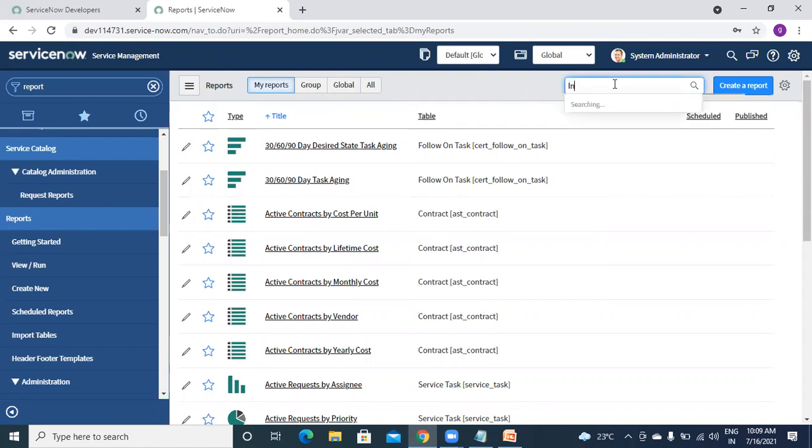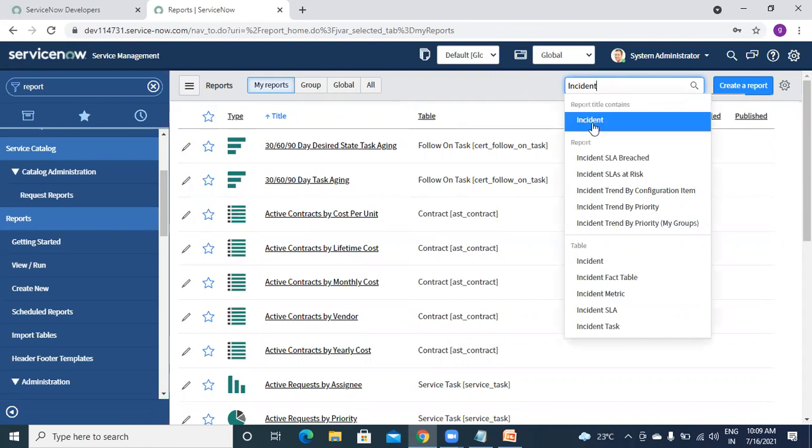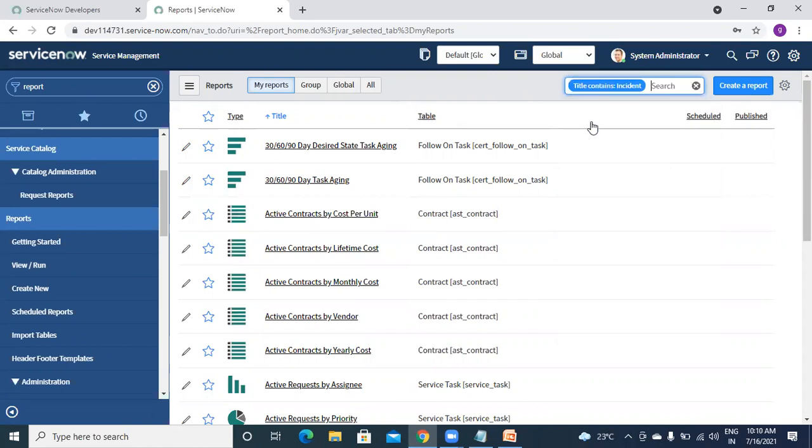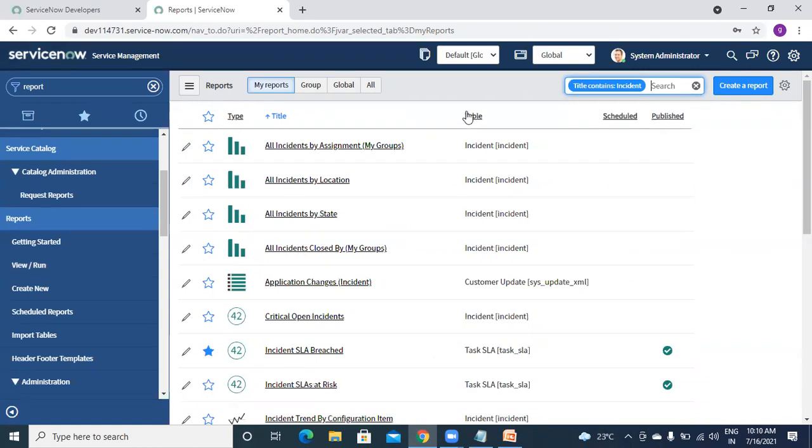I will try to get the incident table record, because we all have the knowledge of that incident. Okay, so see, all incidents by assignment group, all incidents by location, all incidents by state, all incidents closed by, like closed by whom. These are all the out of the box reports.